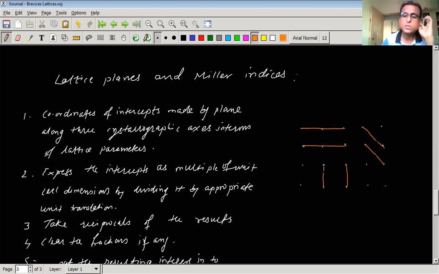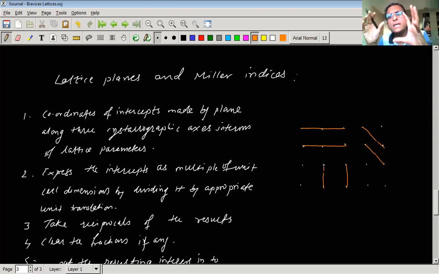Here we can see different planes, and there can be any number of planes containing different numbers of lattice points. So it is needed to describe such planes which contain a specific number of lattice points. If we change the plane, the number of lattice points will change. For example, as far as this picture is concerned, it consists of 3 lattice points. This also consists of 3 lattice points, but this one consists of 2 lattice points. This also consists of 2 lattice points.